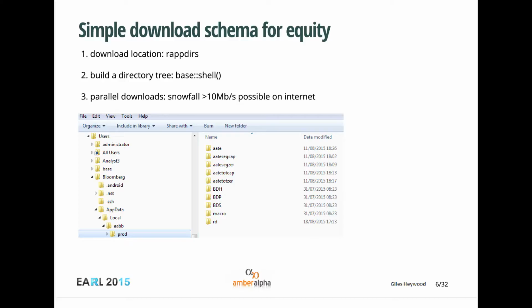And so what you can do is build out and rip down a directory tree in that area with impunity, because you're not going to mess with anything else. So that's what I do. And you can do parallel downloads at really quite decent speeds. I use around about 20 processors concurrently in snowfall, and it works just great. Obviously, there are many other ways you can do this.